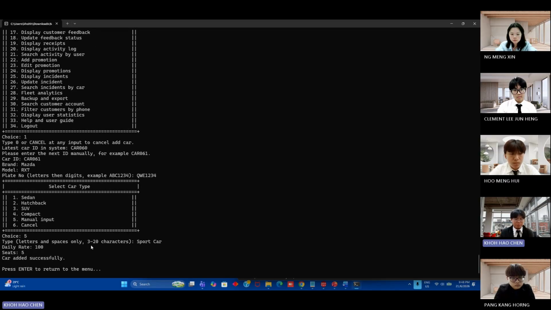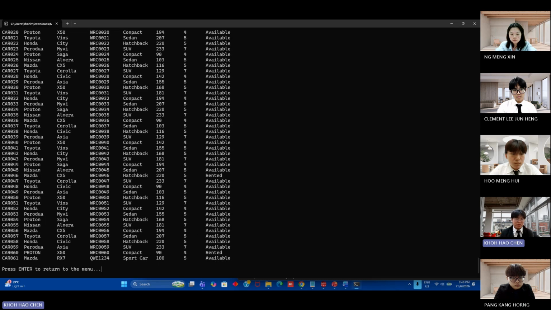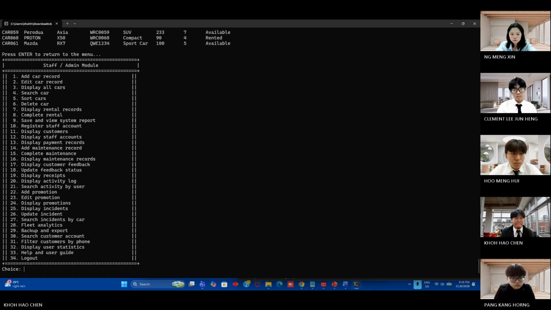If I put the positive value, it will show car added successfully. Okay, so if I choose 3, it will show all the cars inside the system. And this is a car that just now added. So if I click second,